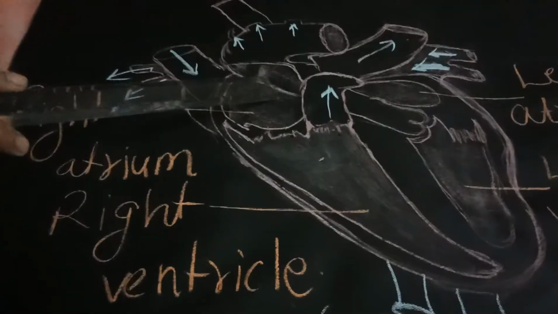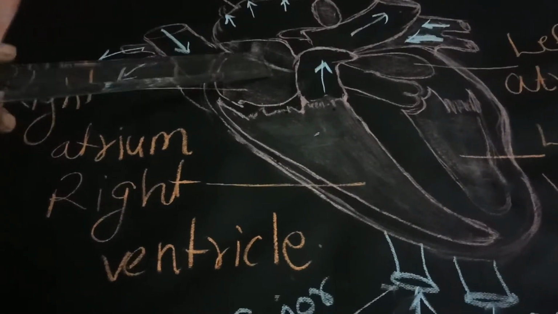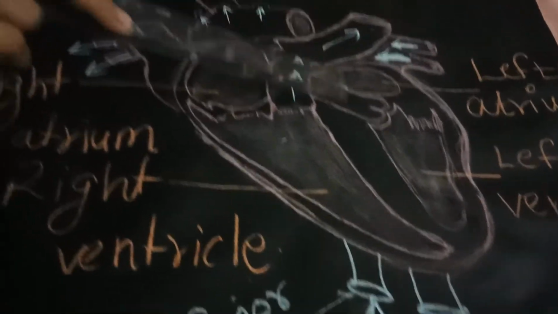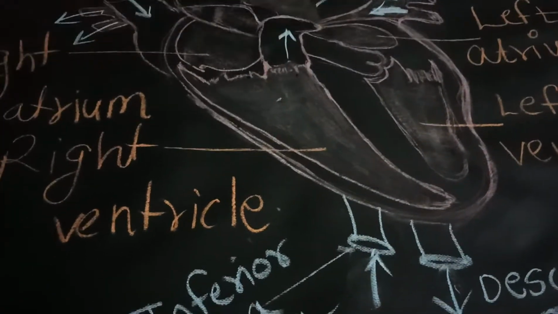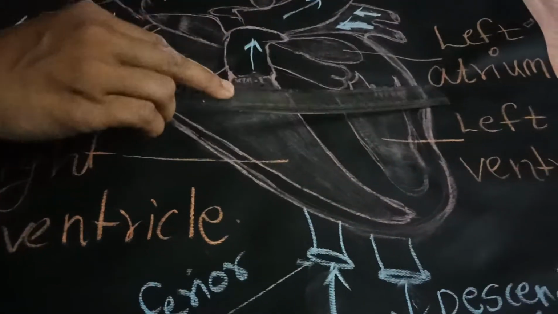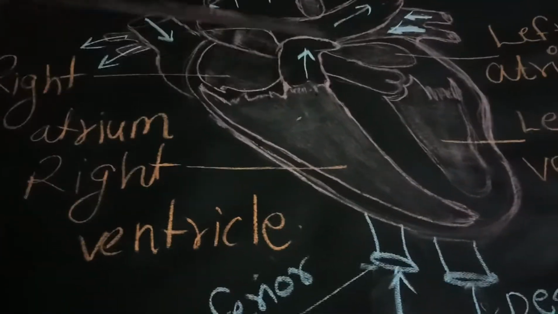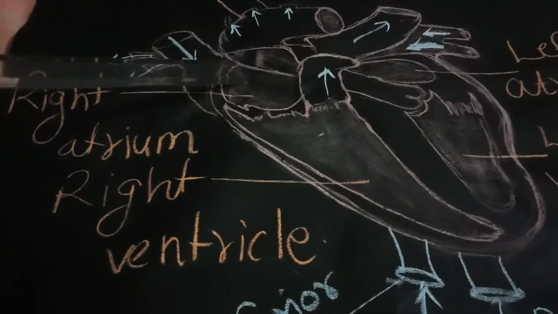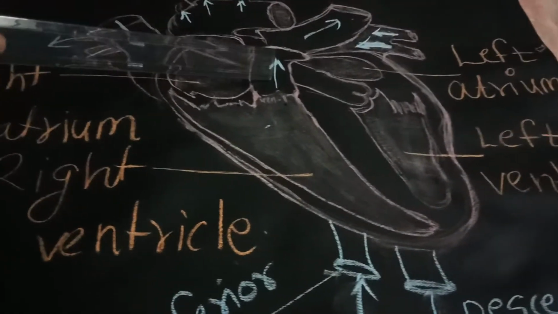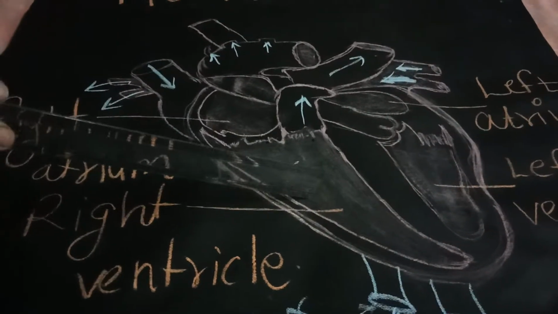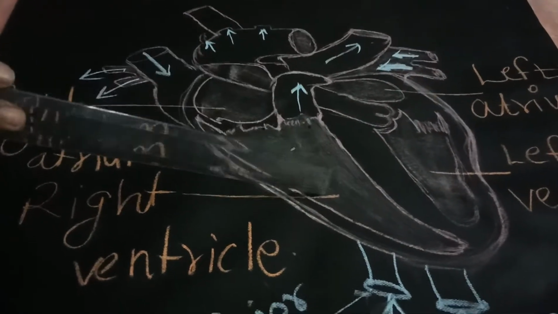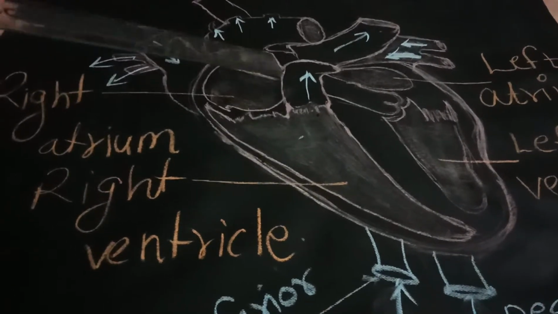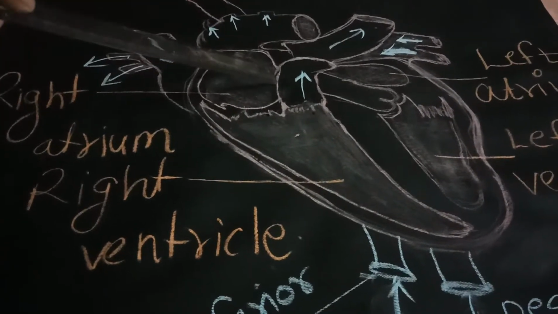The upper chambers are also called atria or auricles. When we are talking about only one upper chamber, it can be called an atrium. But when we are talking at a time about 2 different chambers, they are called atria or auricles. Similarly, we can call them auricles and ventricles. Now, we are going to learn what are the functions of these 4 parts.